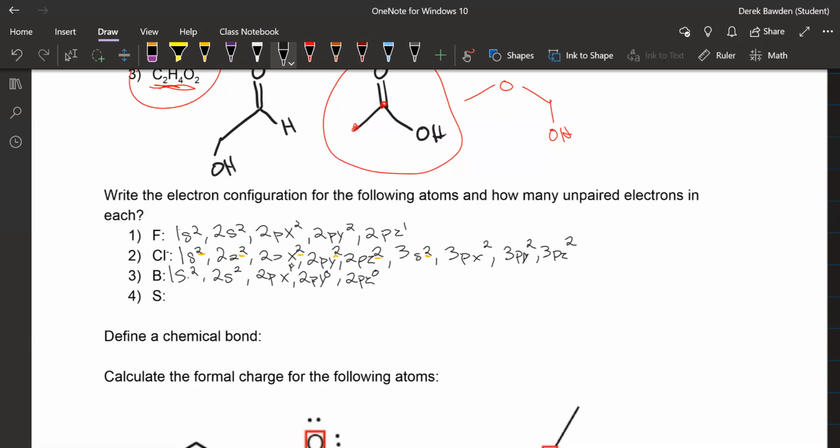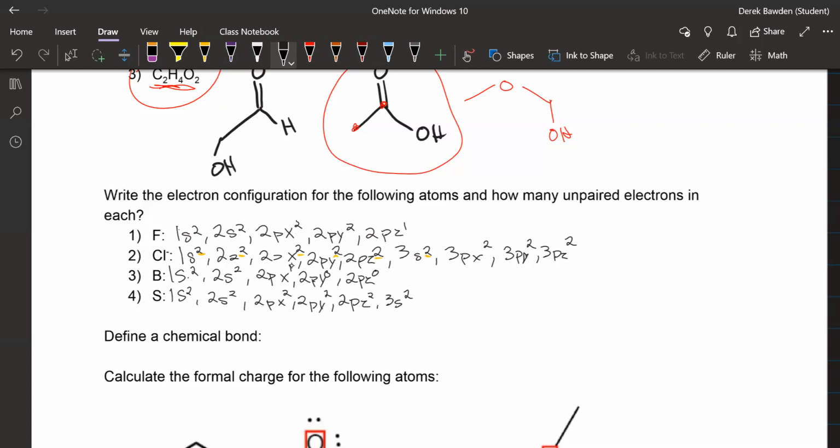All right, so next we've got sulfur. Sulfur has an atomic number of 16, and yes, he is going to give you a periodic table on the exam. Okay, so we need to get 16 electrons. So 1s2, 2s2, 2px, 2py, 2pz. We do have enough electrons to fill this shell, so we're going to go 2, 2, and 2. Then we go